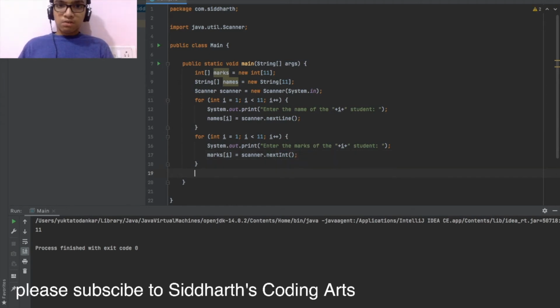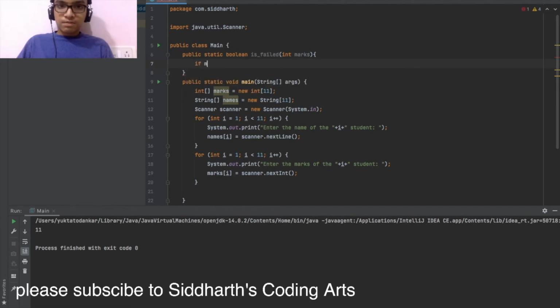Now what I'll do, I'll go here and make a method. Here I'll make a method that is public static boolean, called isFailed, and I'll give it int marks. I will be taking int marks, and I will write here if marks